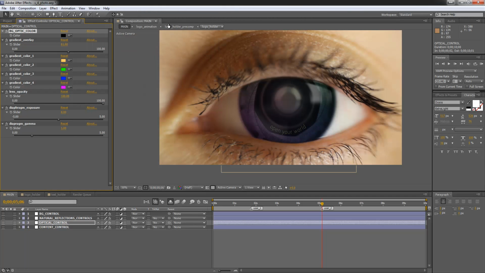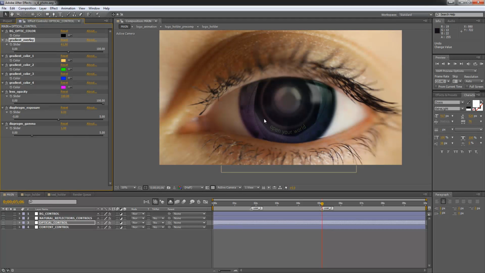It's something like a pupil control. We have a 4 color gradient. Actually I leave it because originally it was like this. Again, you can control it by simply moving the gradient overlay, and here are the colors for the gradient. This corresponds to zone 1, this for zone 2, this is for zone 3 here, and this color is for